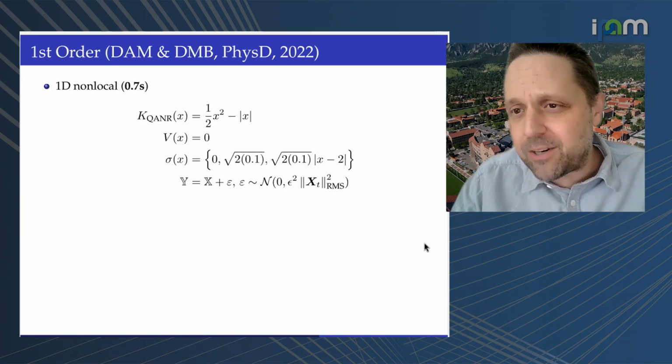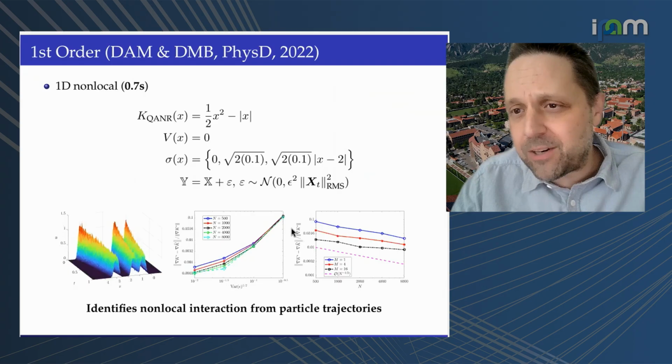Okay, so what about a non-local example for the interaction potential? Turns out this one works pretty well. Also, we can identify these non-local interaction kernels. This is adding more and more noise, and of course, as you add more and more noise, you do worse and worse. And then also, of course, as you add more particles, it does better, roughly speaking matching the 1 over root n